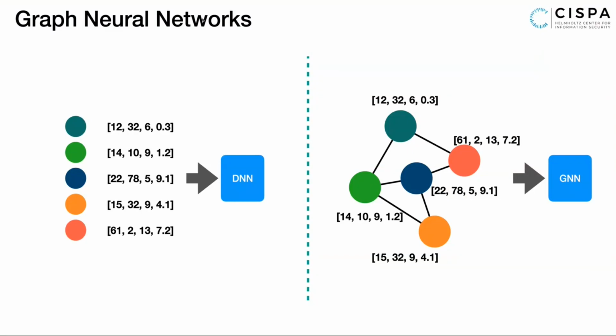Graph neural networks are definitely one of the most popular topics in machine learning. The difference between graph neural networks and normal neural networks is that graph neural networks directly handle